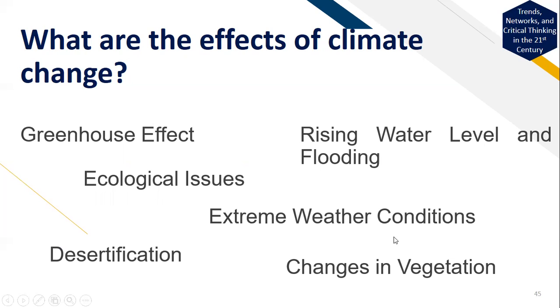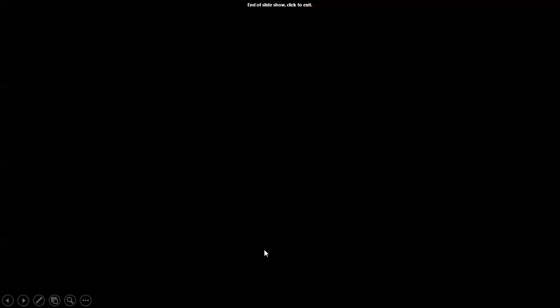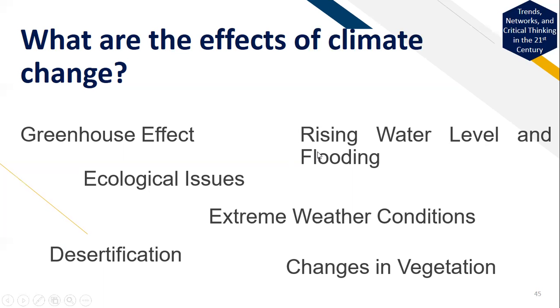Okay? So desertification, ayan. So pag sinabi natin desertification, ito yung paglambot ng lupa. Okay? Pagguho ng lupa. Okay? And changes in vegetation. So nagkakaroon ng poison. Okay? Hindi naman talaga literally poison, pero nagkakaroon ng, ano ba tawag dito? Detrimental. Okay? Detrimental effects in terms of vegetable productions. Okay? So yon. Okay? So these are the effects of climate change.